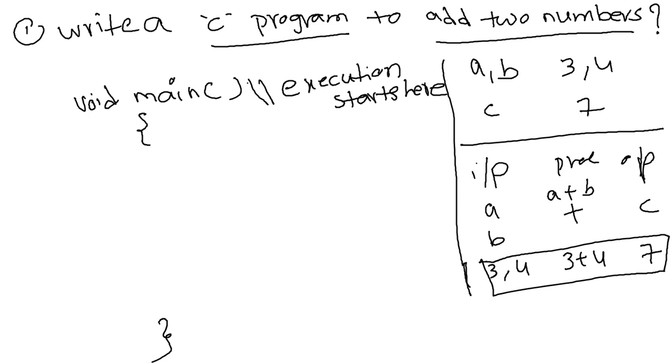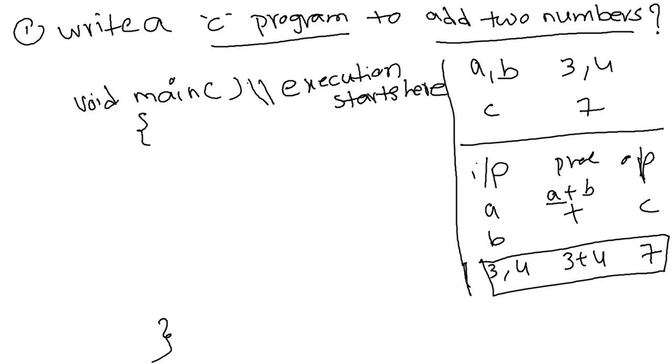So generally human beings, we do things based upon our requirement. If I want to read social, I will read the social. If I want to read science, I will read the science. So in programming as well, depending upon our requirement, we need to use it. For now, my requirement is to write a C program to add two numbers. So clearly I have taken the input 3 and 4 and I am expecting the output 7, and I have taken the processing as A plus B. It's clear. So in a C program the first step is void main and open curly brace.